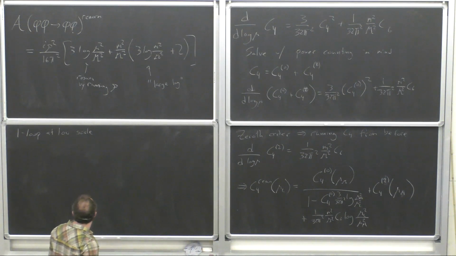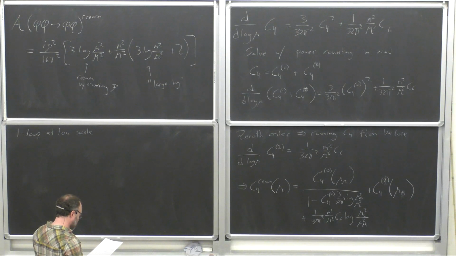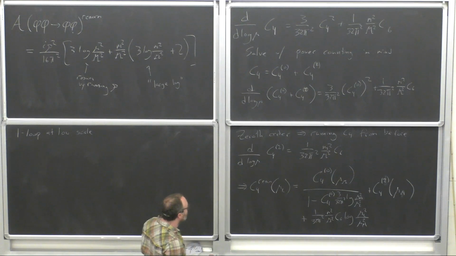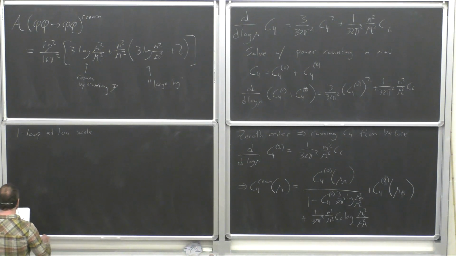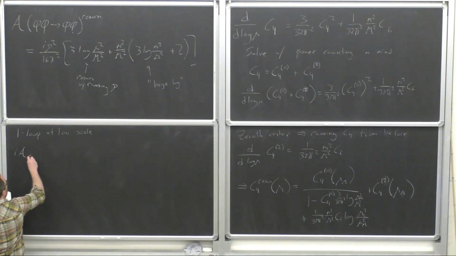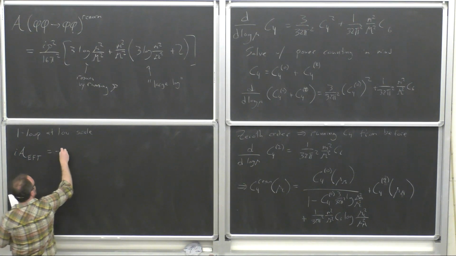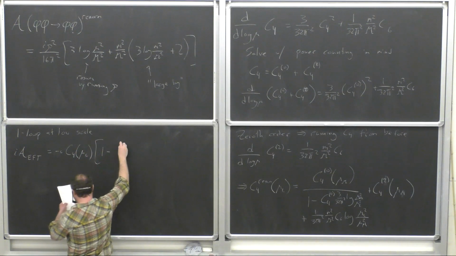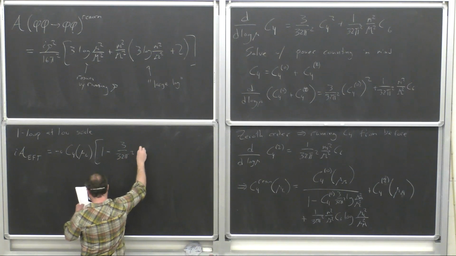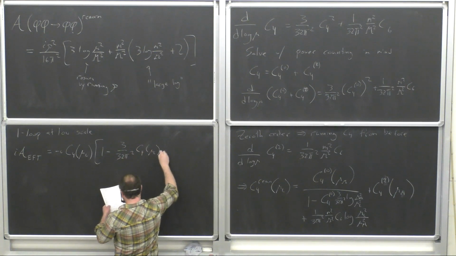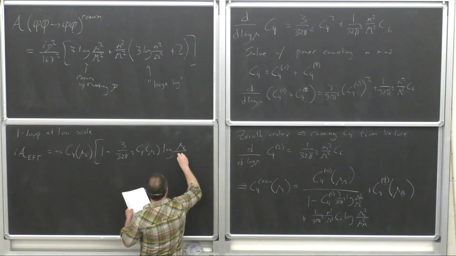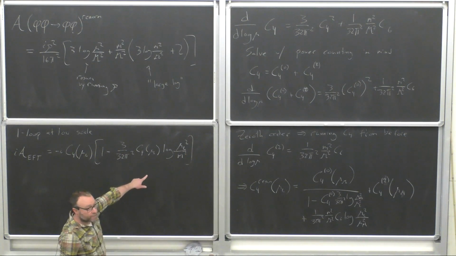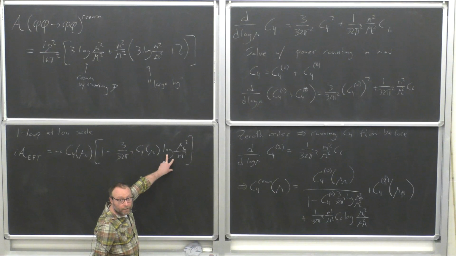Okay, so at the low scale, we compute the one loop corrections, and we just use the resummed couplings. So we get i times the amplitude in the EFT, minus i C4 at mu low, times 1 minus 3 over 32 pi squared, C4 mu low, log mu low over m squared. So now we reproduce the log of little m squared contribution